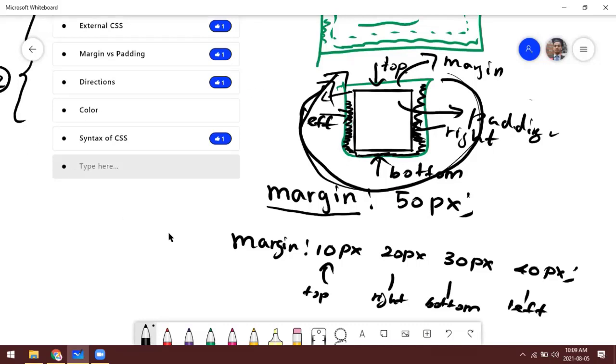And color is one of the most important CSS properties we will be using very often, because it makes for a good user experience, right? If you use only one color, it will not give a very good user appearance. So we will be using several colors, and it's very important to understand color.